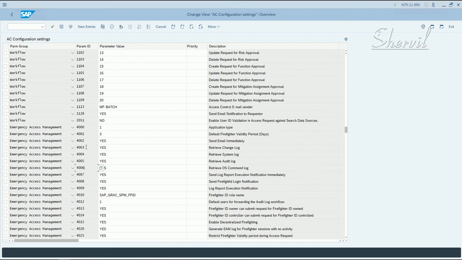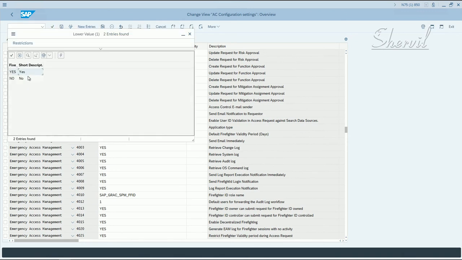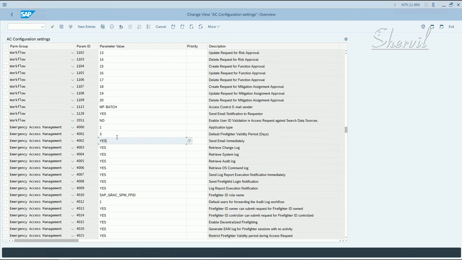So what does 4003 do? Parameter 4003 retrieves the change log. The possible values in this case are yes or no. I set it to yes because you would like to retrieve the change logs, right? So if you set the 4003 parameter to yes,